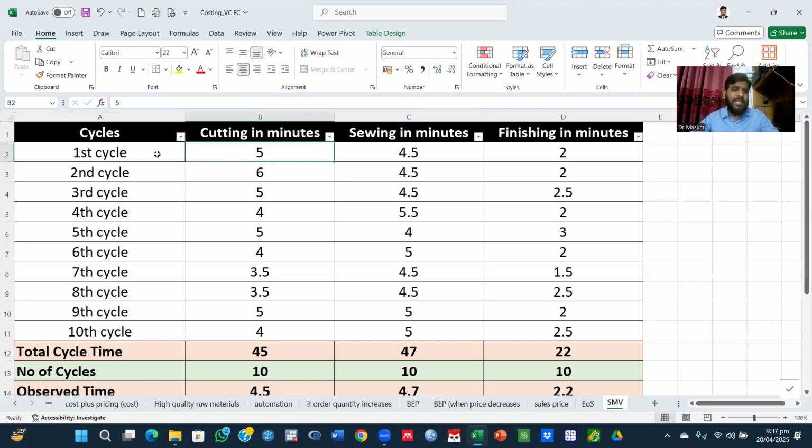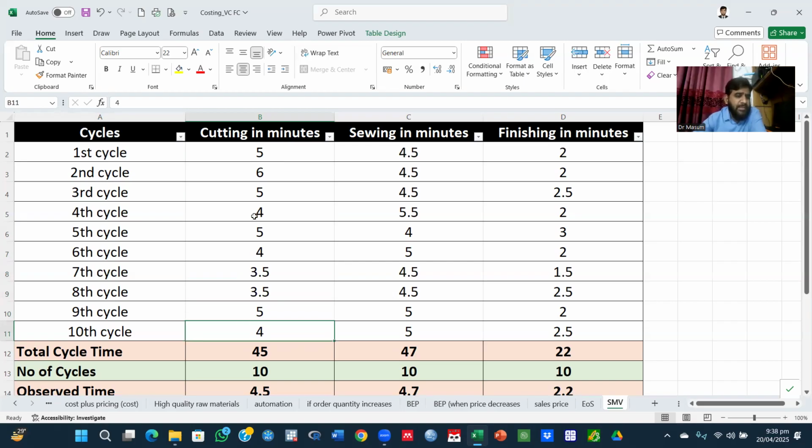The operator first time cut the fabric in 5 minutes, second time it took 6 minutes, third time 5 minutes, fourth time 4 minutes, fifth time 5 minutes, sixth time 4 minutes, seventh time 3.5 minutes,